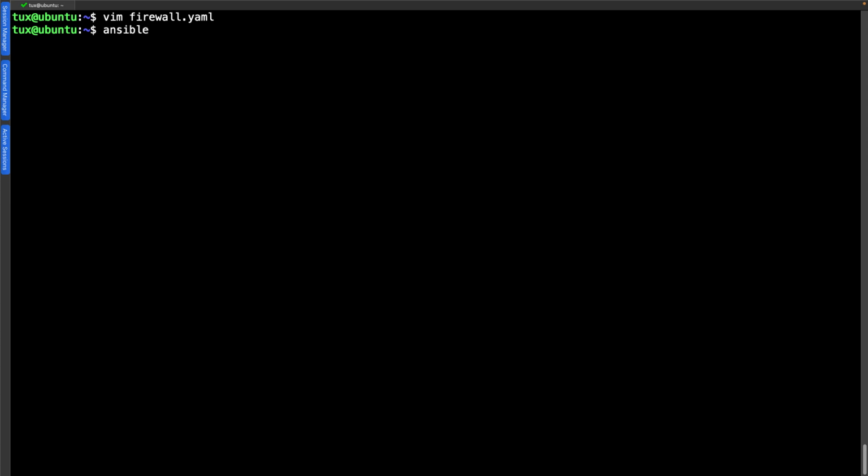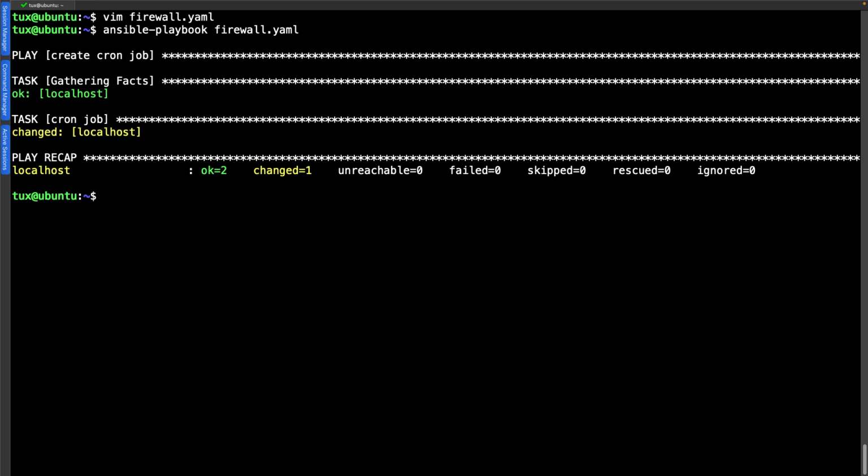I say Ansible is already set up and running, so I can then go through and run the Ansible playbook, and I can use escape and dot just to bring up firewall YAML again. Give that the big enter key, and look, there we go, and we get that wonderful yellow coming back saying that we've changed the cron job entry. I was gathering facts. Technically, I don't need to gather facts, but I'm happy to leave that the way that it is. It's only one system we're collecting on.